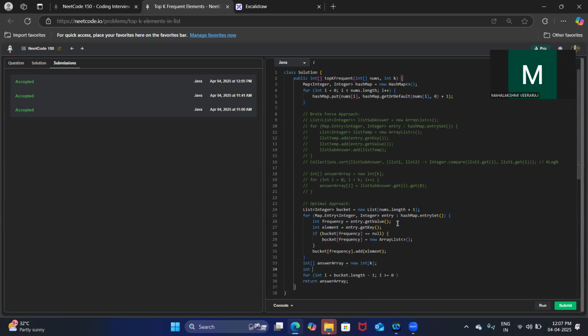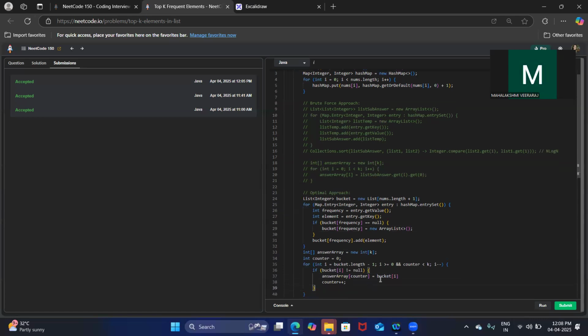We also need to create one more variable, which is counter. i greater than or equal to 0, and counter should be less than k, and i minus minus. If bucket[i] is not equal to null, then we increment our counter. Before that, we need answer array of counter equal to bucket of i.